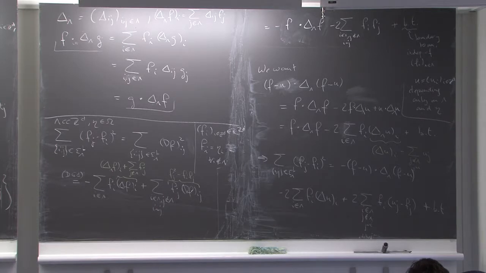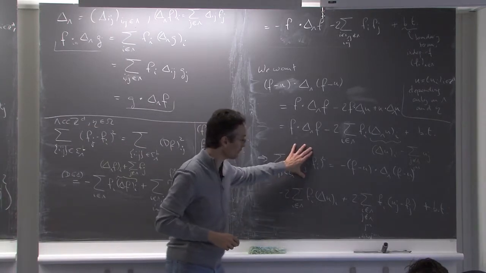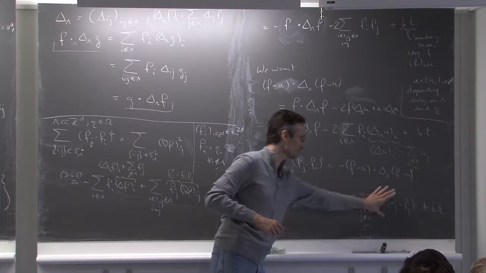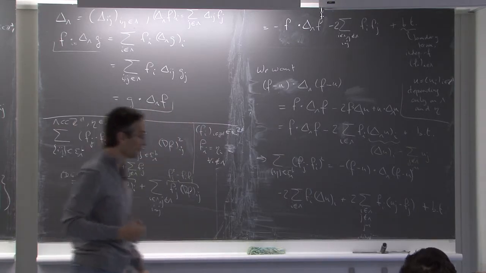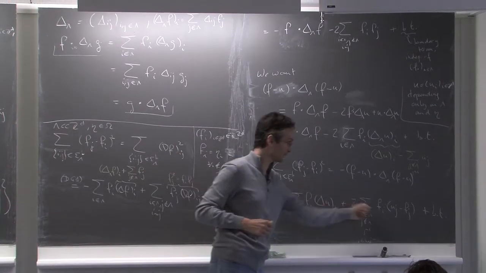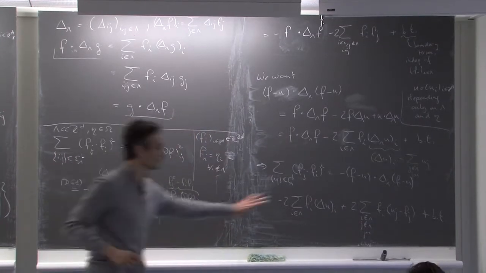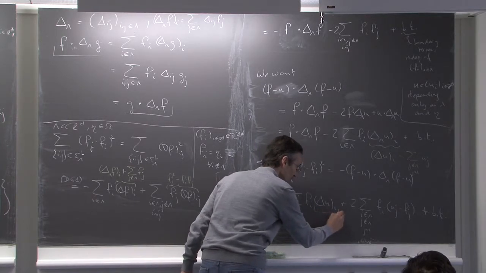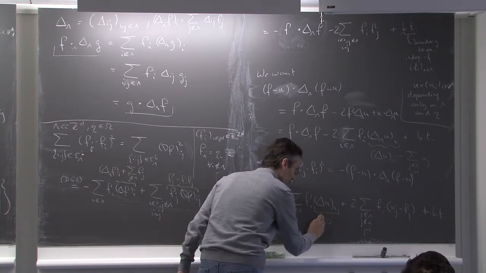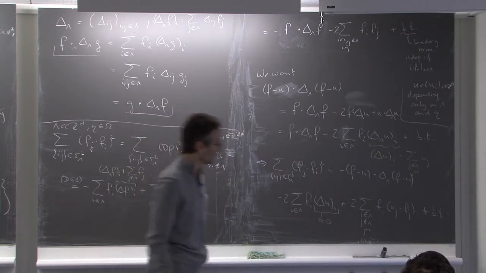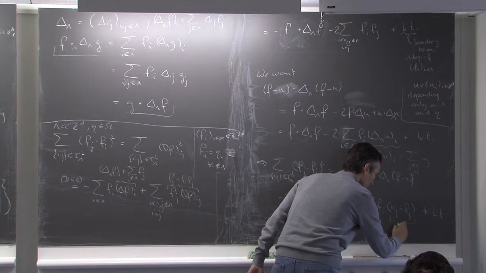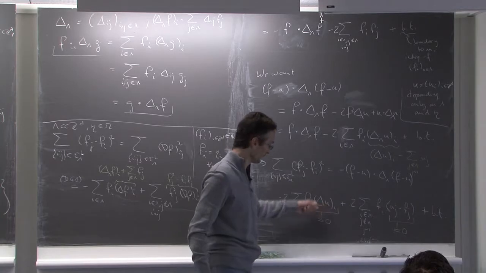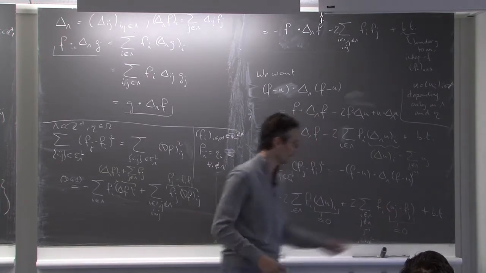Okay. And now I want to rewrite this term in this way. So these two guys have to be equal to 0. They should not be there. So I want this and this to be 0. And they have to be 0 whatever choice I make for the f_i. So I have to choose u in such a way that these two terms are always 0. So this tells me that this quantity has to be equal to 0. I want them to vanish, so the only way I can make them vanish for all f is if this guy is equal to 0 and this guy is equal to 0.